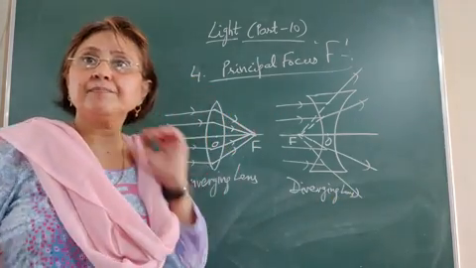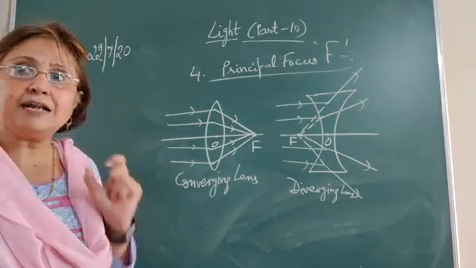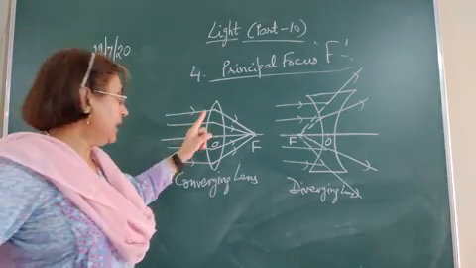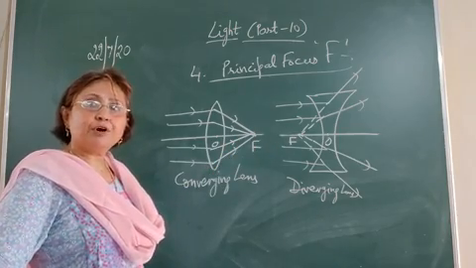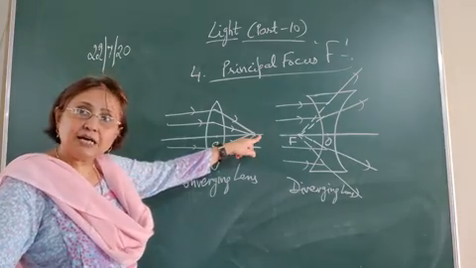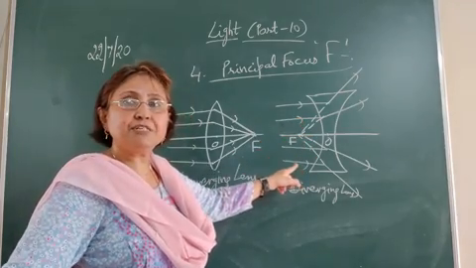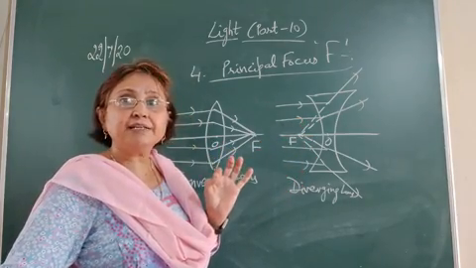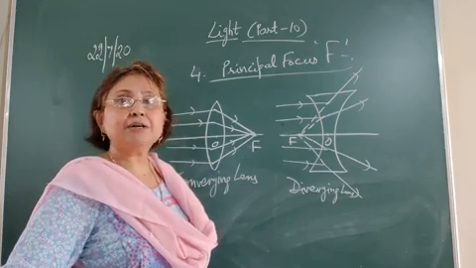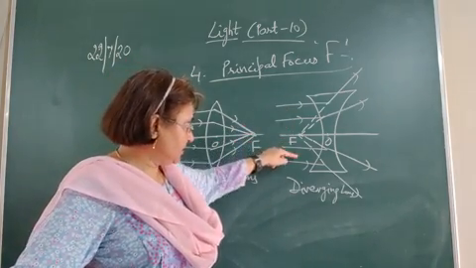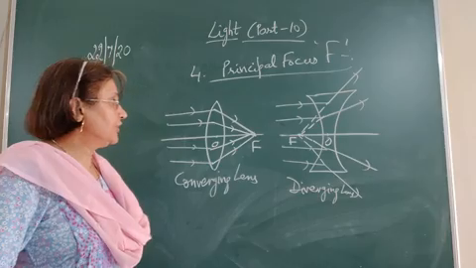Draw both the figures. For the convex lens, draw the parallel incident rays which are parallel to the principal axis, and after refraction, they all will meet at a point on the principal axis which is on the other side. Draw for the concave lens a parallel beam of incident light rays. In a ray diagram the rays are very important, and how will you show the rays? By drawing arrows on them. So these are the incident rays and these are the refracted rays. Draw both the figures.